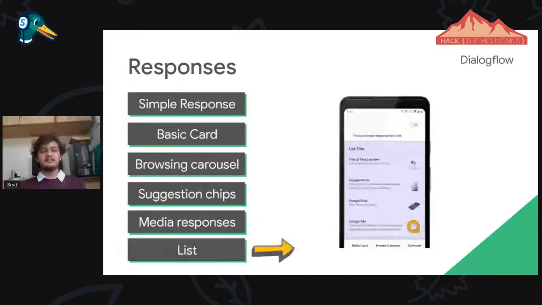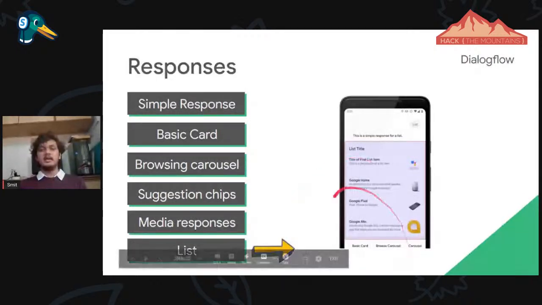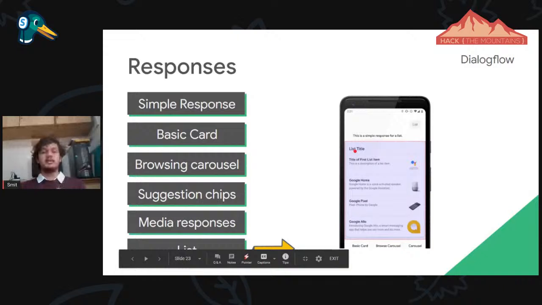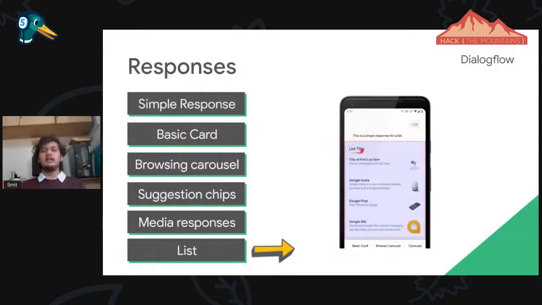Next is a list. Again, I said you can have multiple types of response. So in list you can enter a list. Suppose there is a speaker or team list, then it will contain multiple items, team member one, team member two, team member three. Or if we take the example of Domino's, it will be item one, item two, the image, their description, their price. And upon click, again it's an actionable event. You can click on this and it will move to the next feature, like you can order it.